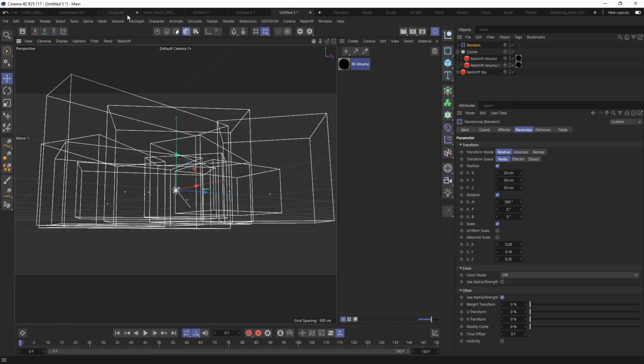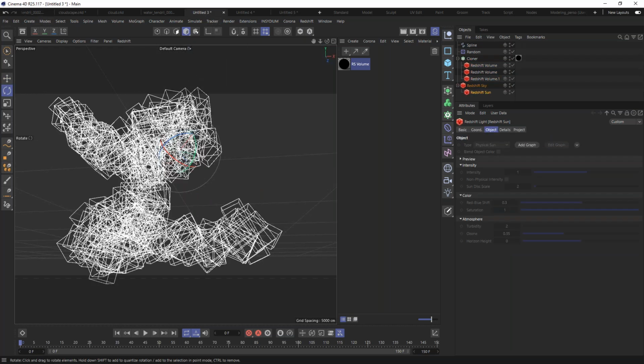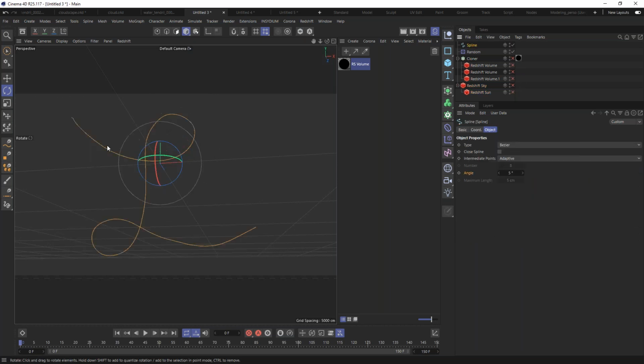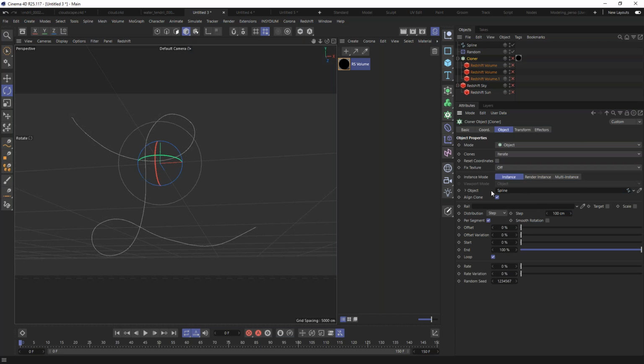It's even nicer because it's a cloner. So it's some Cinema 4D clone, so you can do whatever you want with it. And for example, yeah, here it is. What I created here is just this spline. Okay, it's an L. Just a spline, and then the cloner is using the spline as an object to instance the cloud along the